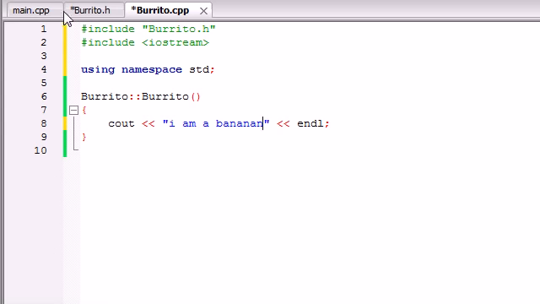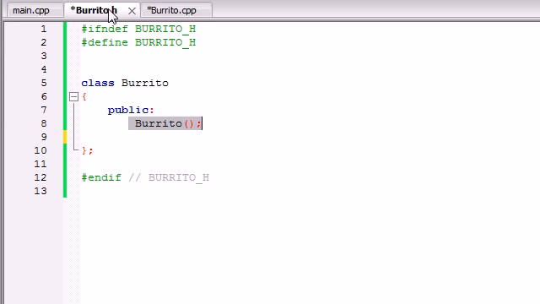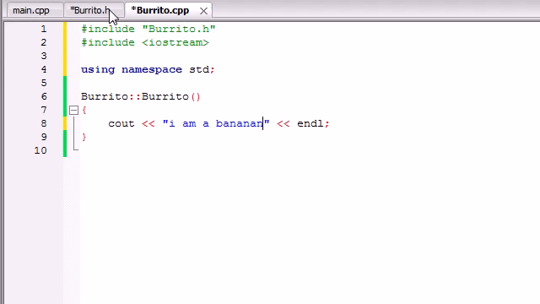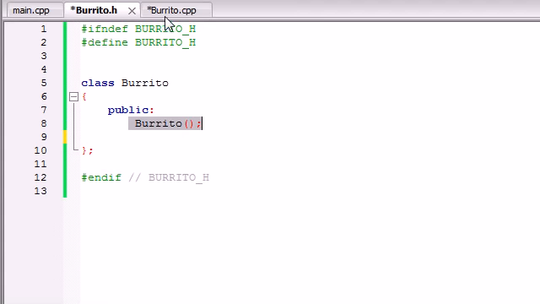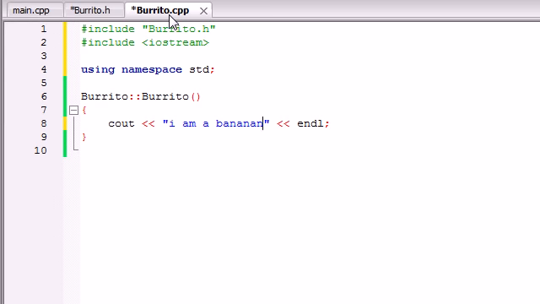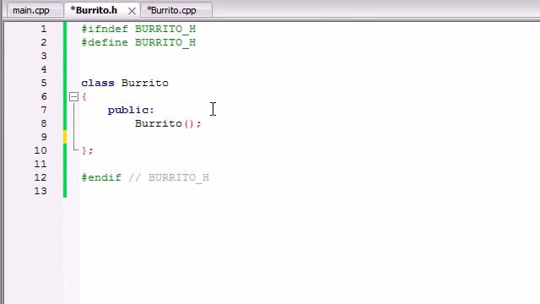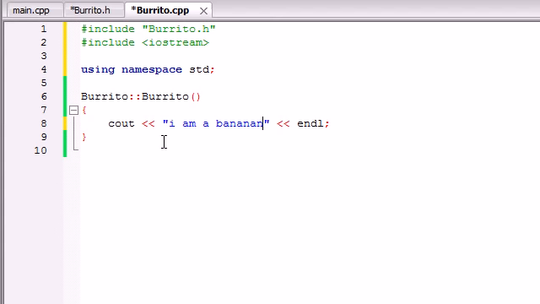Before I run this program, I want to talk to you guys about one more thing. You're saying, all right, Bucky, I understand how to do this, and it's not like I made C++ or anything, but just out of curiosity, why do you have to separate the .h and .cpp file? Why didn't whoever made C++ just let you make it all in one file? Well, the reason is this. Whenever you give these functions to your friends to use, or you're working on it with a team of programmers, or you're distributing this for sale on the internet,